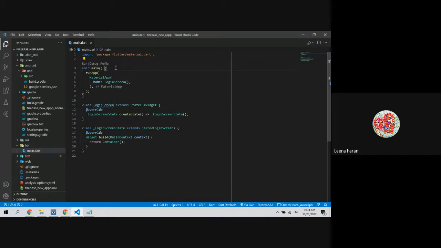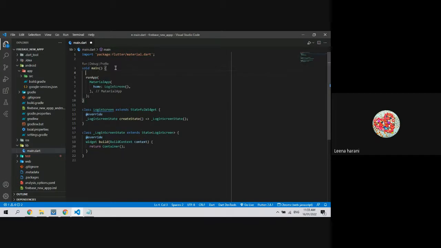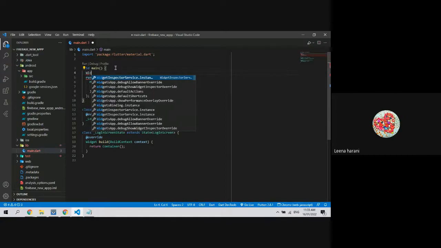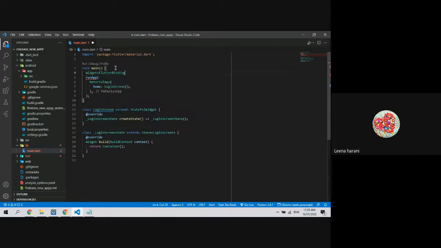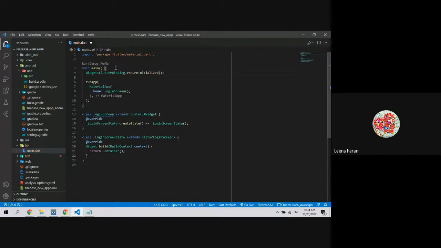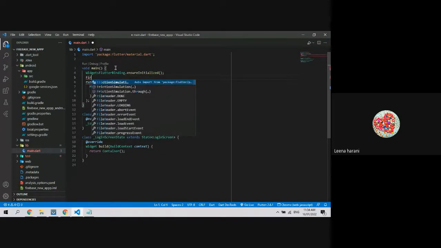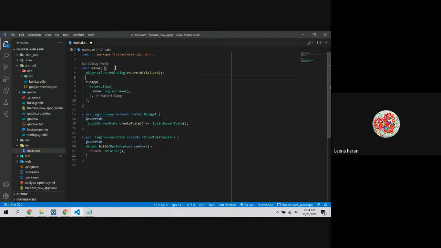To check if Firebase is integrated successfully or not, we will initialize our WidgetsFlutterBinding.ensureInitialized, and then we will say okay, before doing this we need to include Firebase core and Firebase auth in our pubspec YAML. I'll close this Android hierarchy,